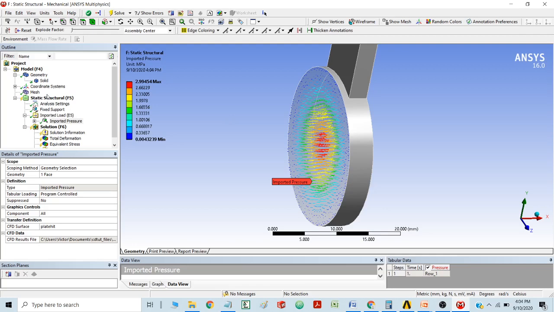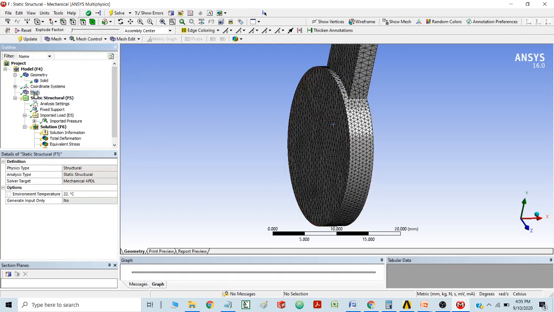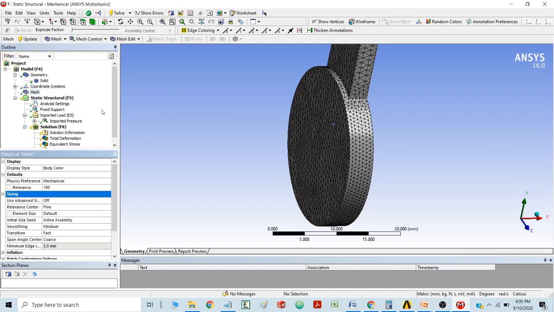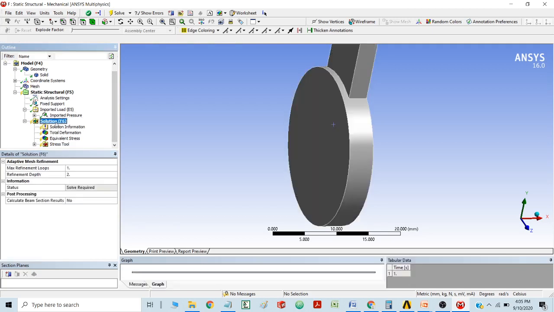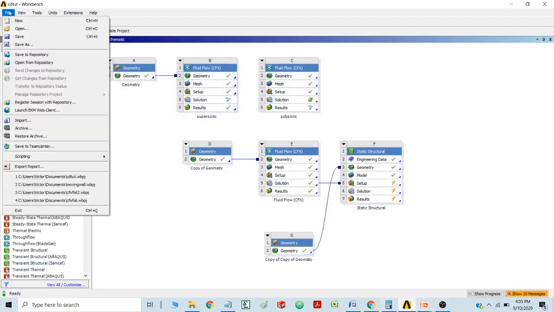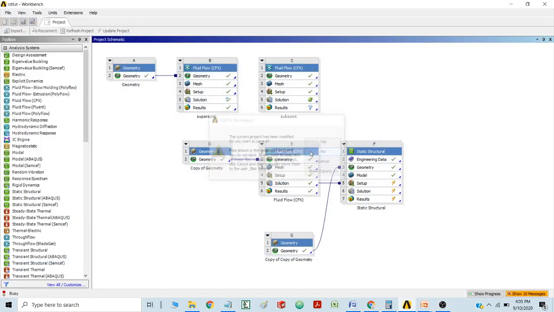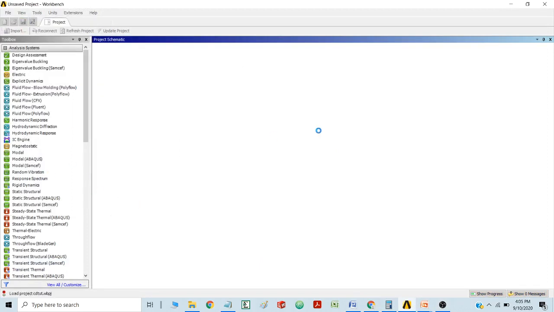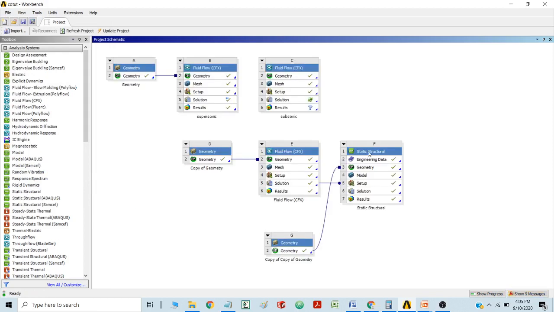Now after doing that, you are going to run the analysis. Definitely you are going to define the mesh, that is relevance equals 100, then sizing, and in relevance center I am going to select fine. You may increase the accuracy by increasing the mesh as per your choice and as per your system capability. And after doing that, I have received some results. So what I'm doing is refreshing my analysis part, because it will be easier to call the previous results instead of running the analysis. It is going to save time.